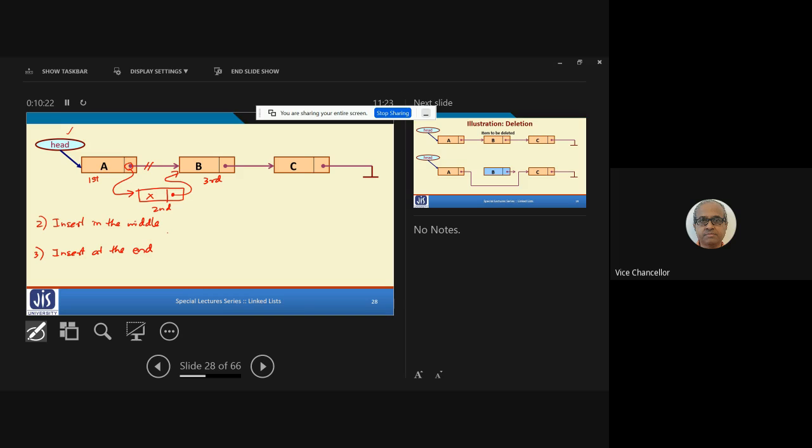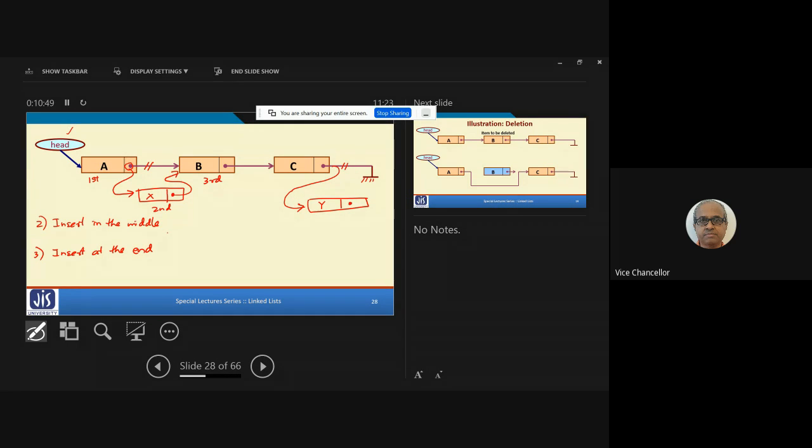Okay. And the third scenario is insert at the end. Suppose I want to insert an element at the end. Let's call it Y. So in this case, again, I have to modify two next pointers. So whatever C was pointing to, this null, now this C will be pointing to this Y. This C will be pointing to Y, right?